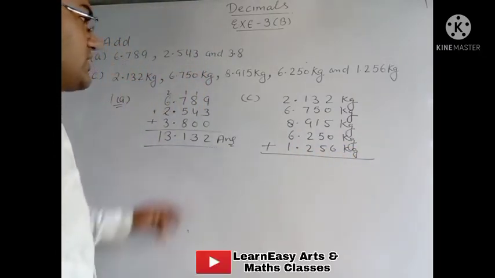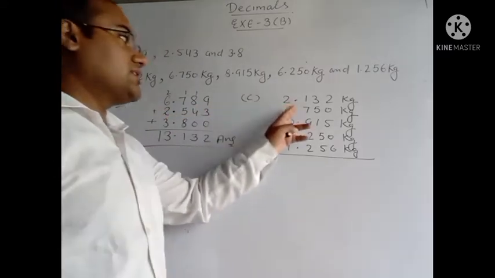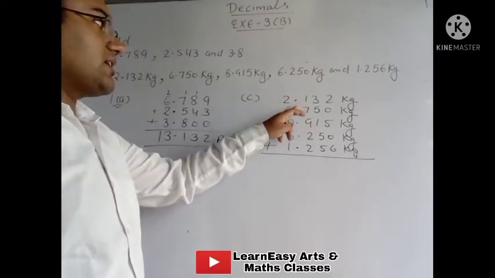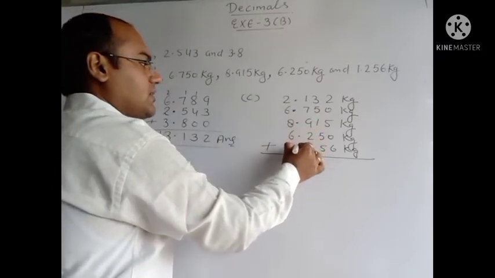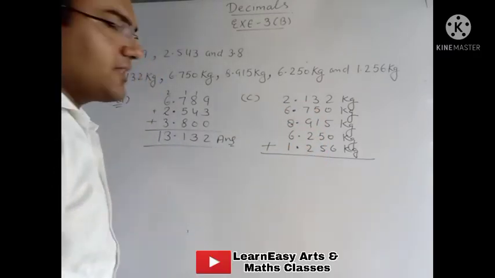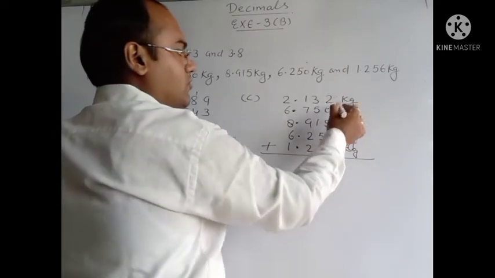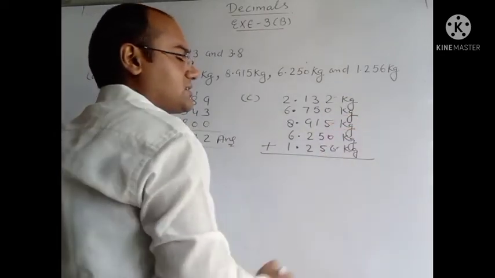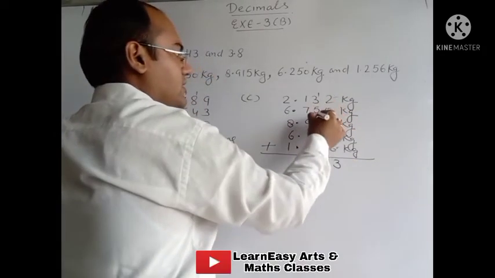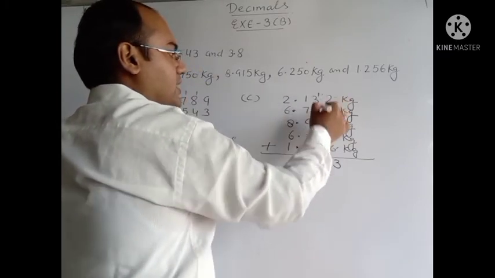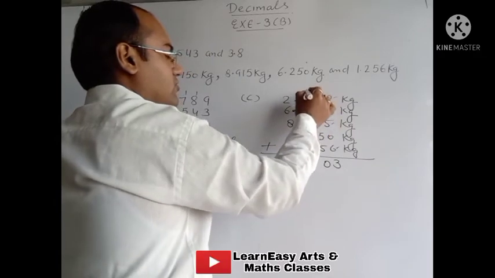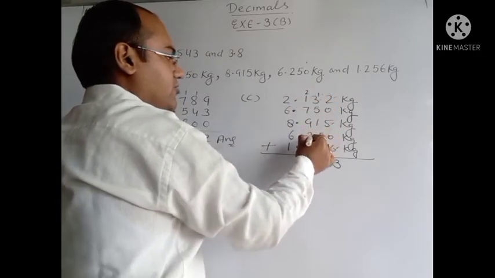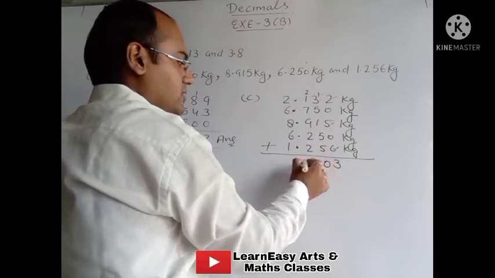Now the same work as we have done here, in the same way I have done here also. Under the decimal I have taken decimal only, point only. Now we have to add the numbers one by one. 2 plus 5, 7. 7 plus 6, 13. 1, 5 plus 3, 8 plus 1, 9, 10, 10 and 10, 20, 2, 7 and 2, 9 plus 1, 10, 19, 20, 21, 22, 23.